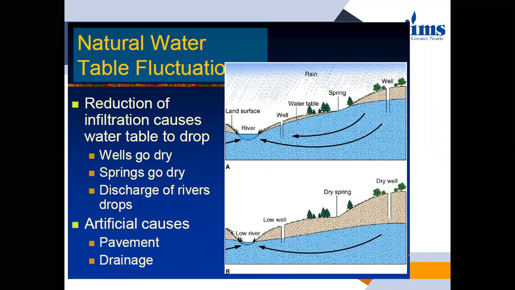Reduction of infiltration is something which can be caused due to various reasons. Now these causes can be either natural or artificial. When we talk about natural causes, it is the seasonal variation. Due to those seasonal variations, structures like wells will go dry. Then the water that comes out of springs will not be coming out. Why? Because the water table has already dropped. Then the discharge of the rivers drops. All of you must have observed that